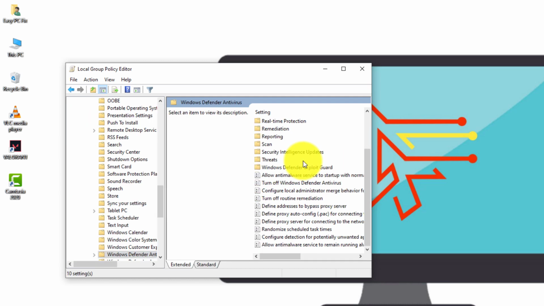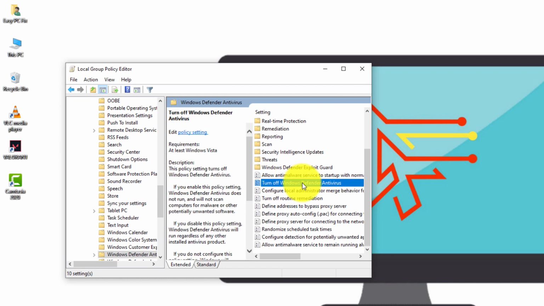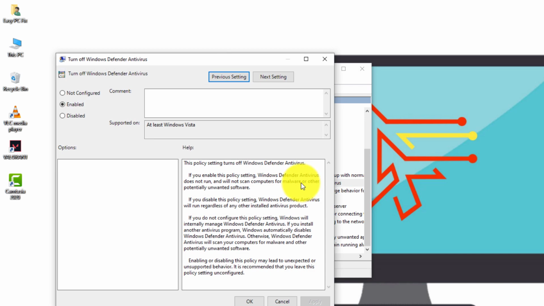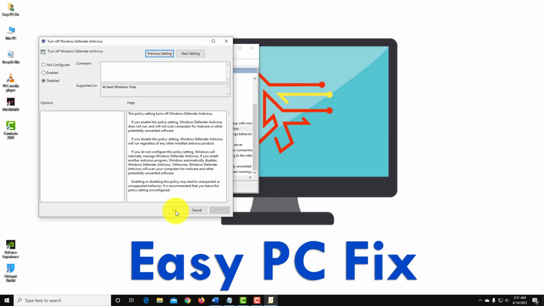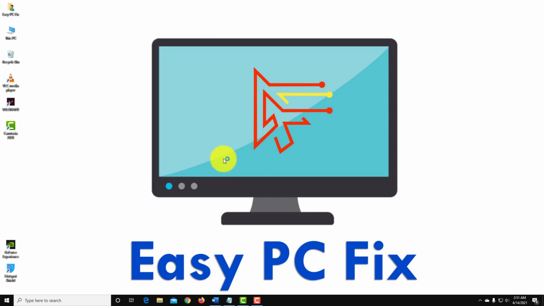Here you need to find Turn off Windows Defender Antivirus. Double click on it. As you can see, there is an option of Disabled. You just need to click Disabled, apply it and click on OK. Now restart your Windows. Your Windows Defender will be disabled.